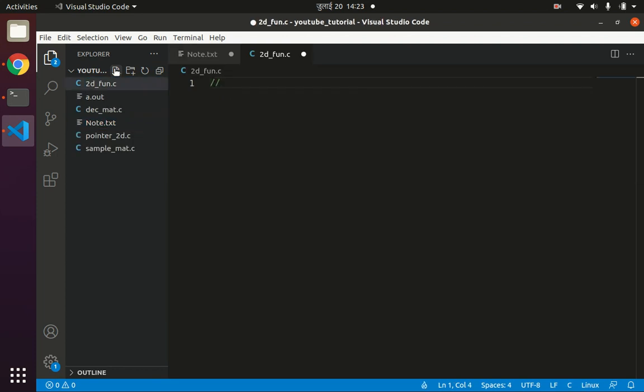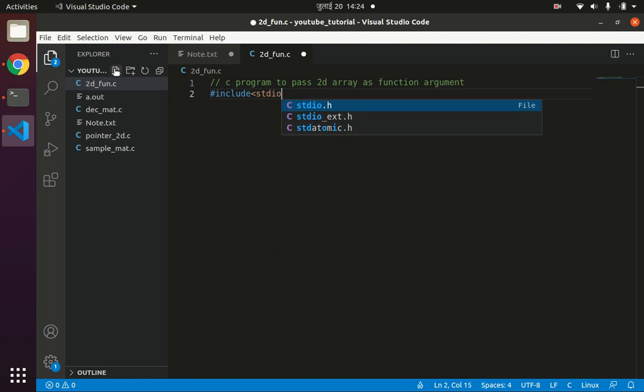C program to pass a 2D array as a function argument. So again #include <stdio.h>, int main,